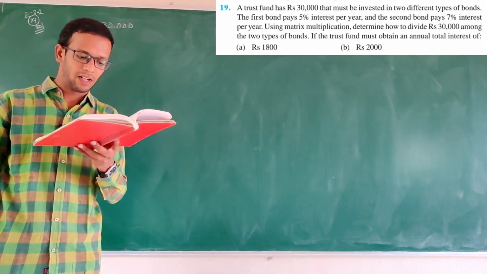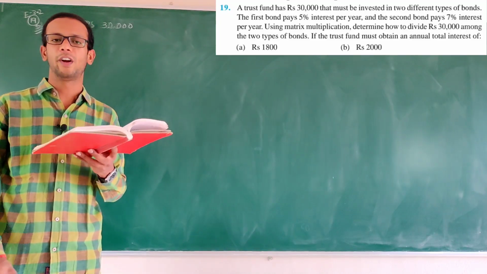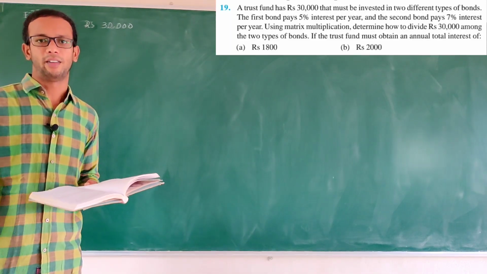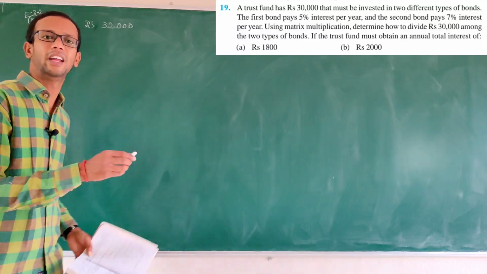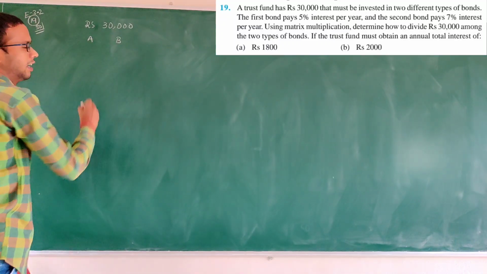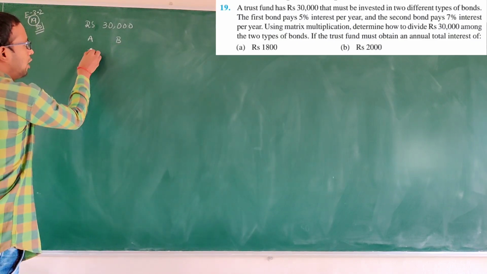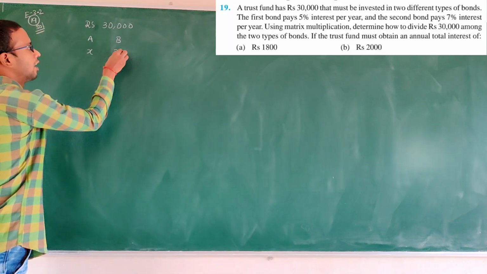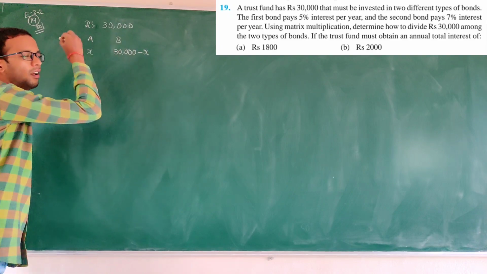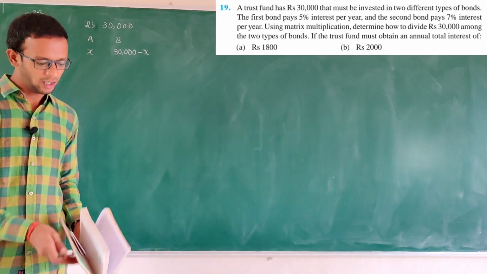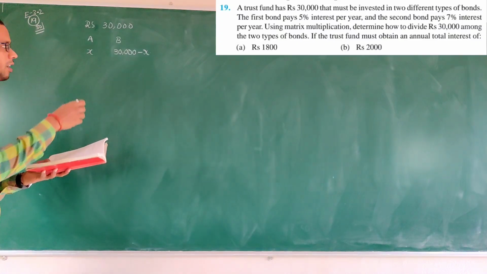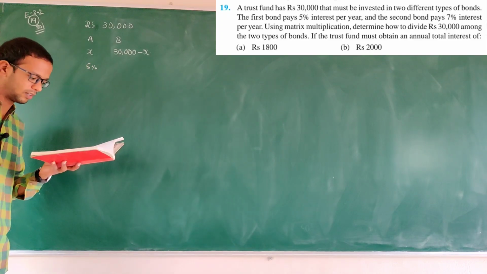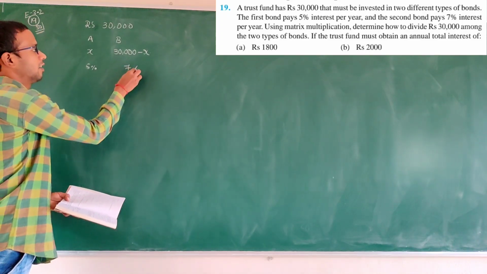30,000 rupees must be invested in two different types of bonds. Investment they are making in two different bonds. So if we are taking x investment, two types of bonds is there, A and B. If you invest x rupees in bond A, compulsorily 30,000 minus x is invested in bond B. And bond A, the first bond, has 5% interest, and the second bond interest is 7%